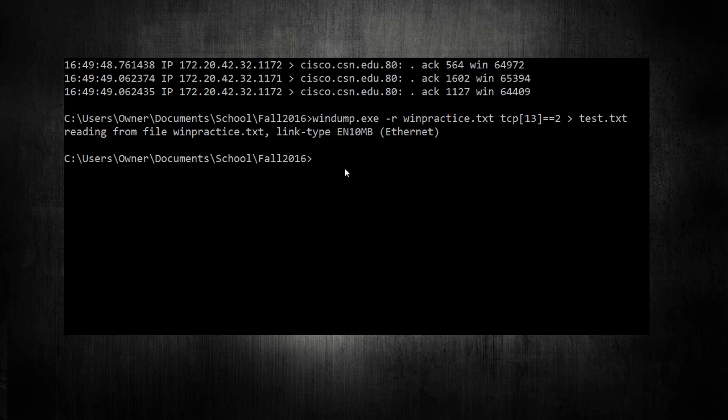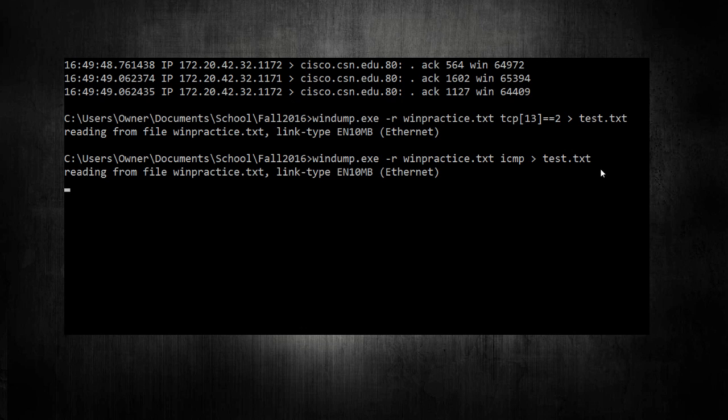Okay, so you can do that when you're doing multiple. Say that was cool, but you wanted to try pulling out the ICMP protocol. Now, if I do test.txt again, it's going to overwrite whatever is there.